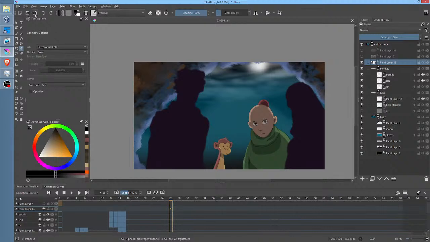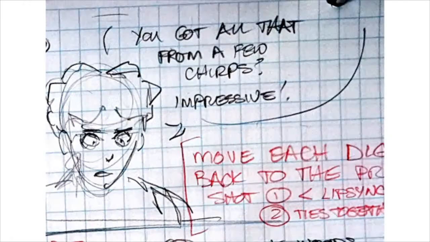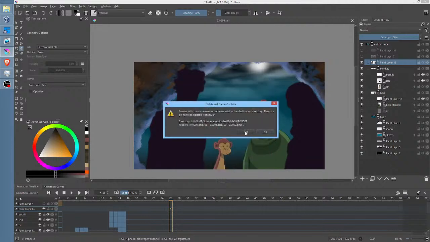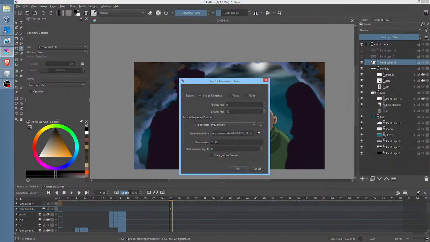All right, so I'm going to go ahead and render this and put it into the show. So this is going to be 19, and what we need to do is Control R and change this to 19 and 19. And frankly, I'm going to go ahead and render all 80 frames because whoa, stop everything. Ah, my bad. Whew, thank you, Krita, for warning me. It's not supposed to be 19, silly. It's supposed to be 20.